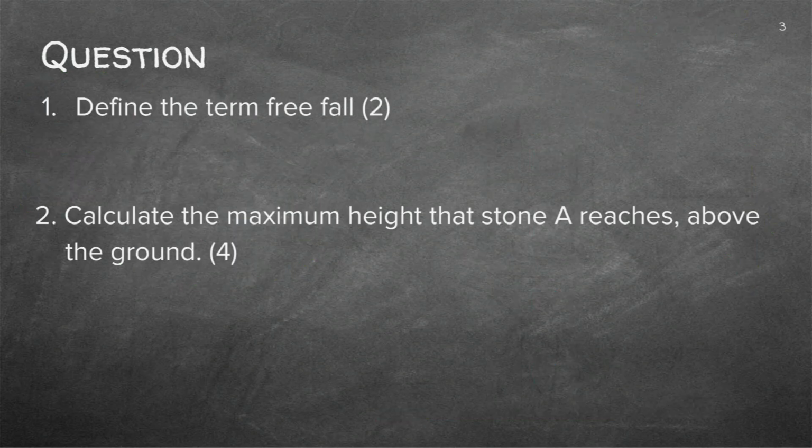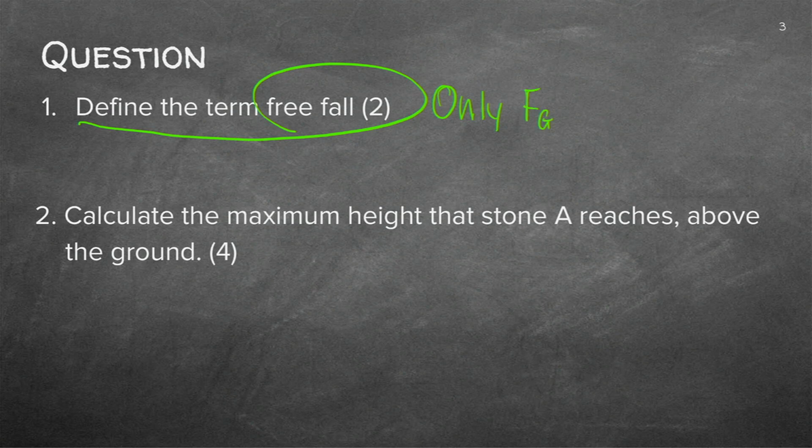The questions they ask of me is the following. Define free fall. Now, we've done this in every question. You'll get a theory question actually asking you the theory of this portion. In this case, free fall, you know it will be only the force of gravity. In other cases, they'll ask you what the acceleration will be. It will be 9.8 meter per second square downward. That's the kind of theory questions that they ask.